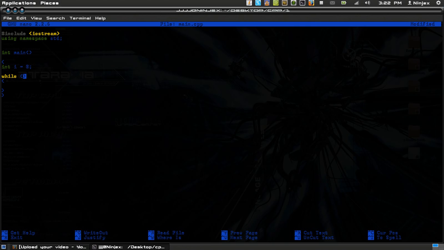brackets. So the condition is going to be while i is less than or equal to 10, and then we're going to have it cout whatever i is, and then it's going to end the line, and then i is going to increment itself by 1, and then we're also going to tag in another while loop inside this while loop. And before we do that, let's make int j and set it equal to 0, and then